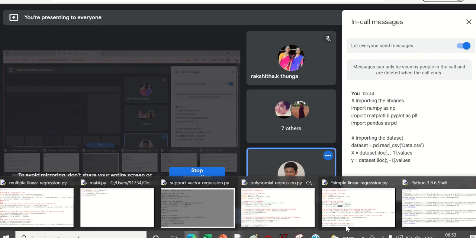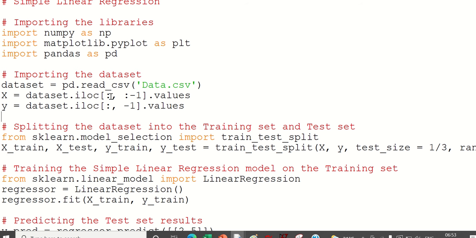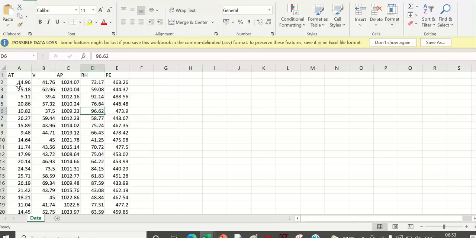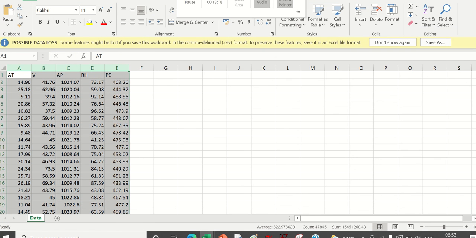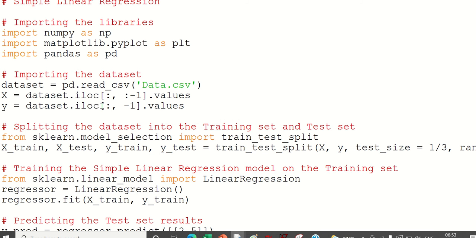Again, see what this is. This will control the rows. From here to here, it will control the columns. So what are rows? What are columns? I'll start from there. These are all rows. These are all columns. Now, what does this say? I am going to see all the rows. So this will tell all rows. And what is this? I need only the last column. This is -1, which will tell the last column.